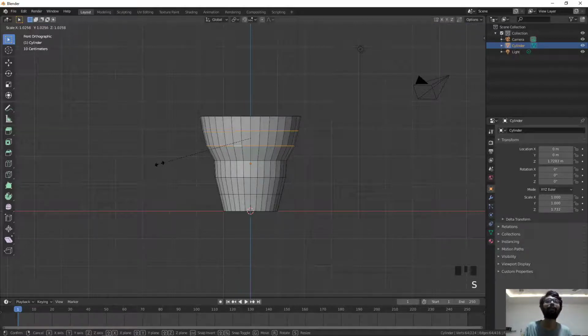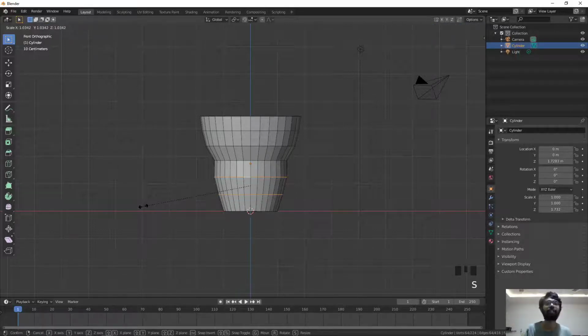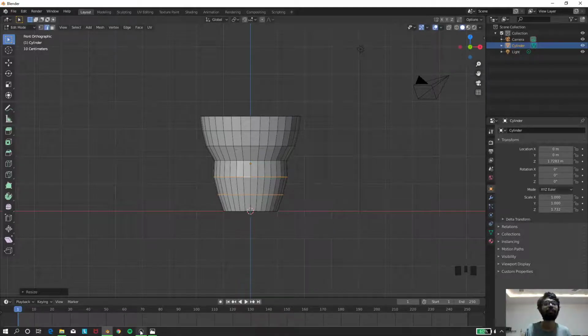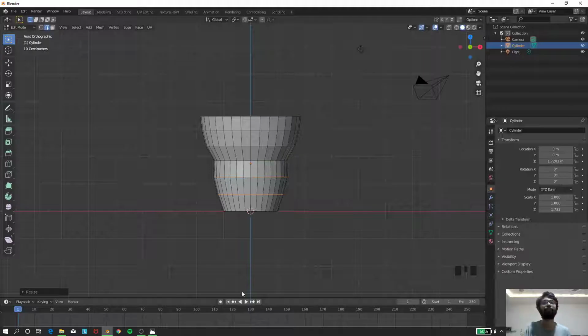I'll scale them outwards a little bit. Same with these. I'll press Alt to select this edge, then Alt Shift to select this edge, and then scale it outward. So this looks like it's overdone, but I'll show you. It's important to overdo this.